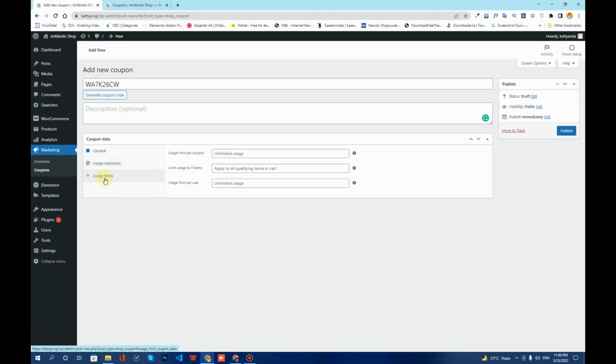And the third and final tab is the usage limit. Whether you want this coupon to be used an unlimited number of times. If not, you can choose a number here for how many times this coupon can be used. For example, one time. Limit usage to X items, applied to all qualifying items in the cart. You can also limit the usage of your coupon by simply entering the X amount here. So for example, one time, that's it. Usage limit per user is one time. The coupon can be used by one person. And then you can hit